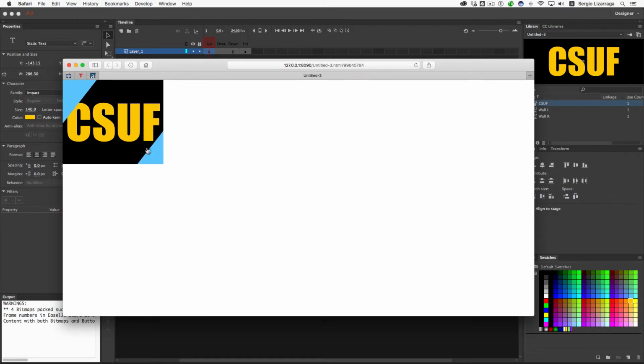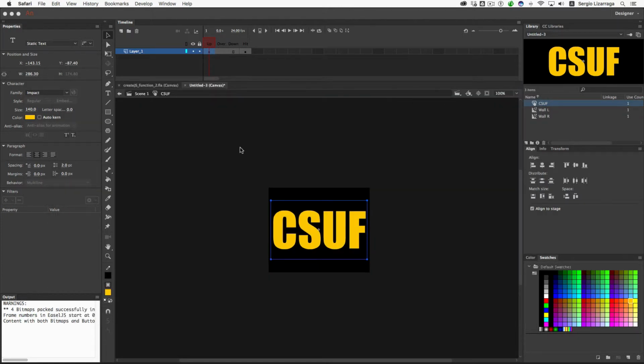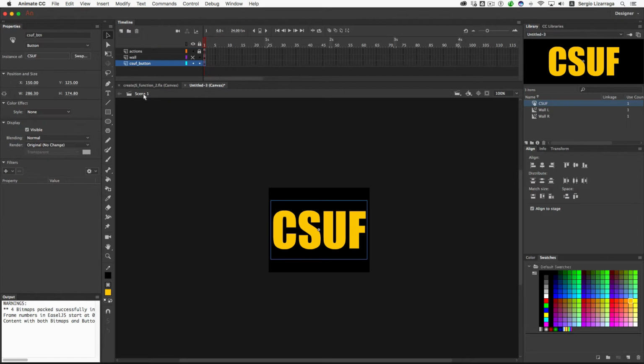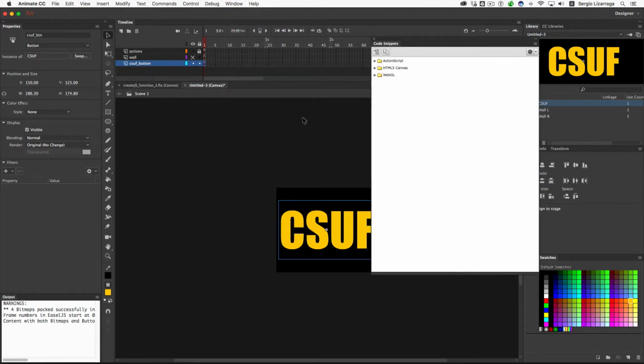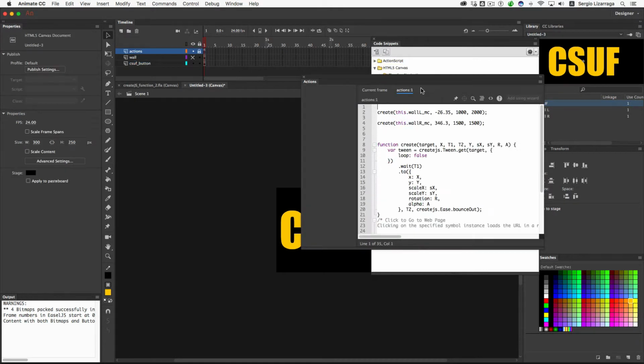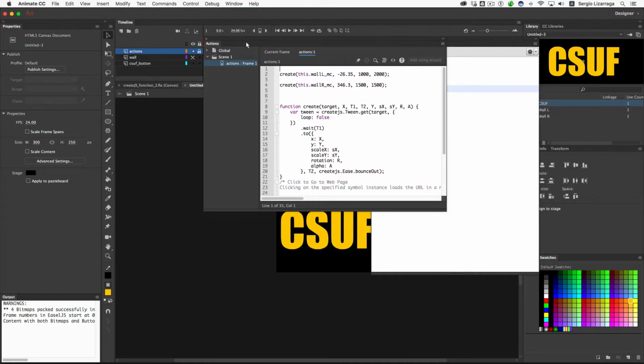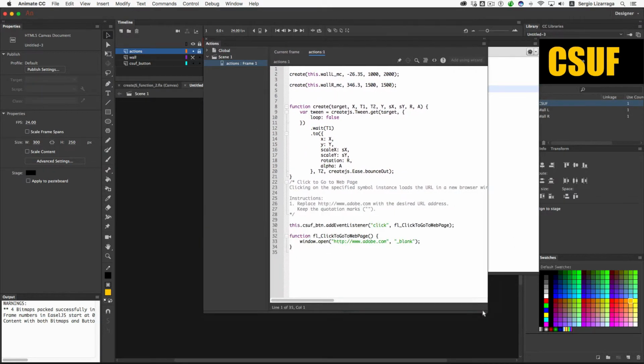And now anywhere I click over here, it's a clickable area. But again, I still have to go back and program the button, so let's do that. So I'm going to go back to the main scene, and I'm going to click on my CSUF, and I'm going to go to the window drop-down menu, slide down to the code snippets, and go to HTML5 canvas, and I want to go to actions, and I want to go to web page, and by default it sends it to the Adobe site, so I want that to be Fullerton,